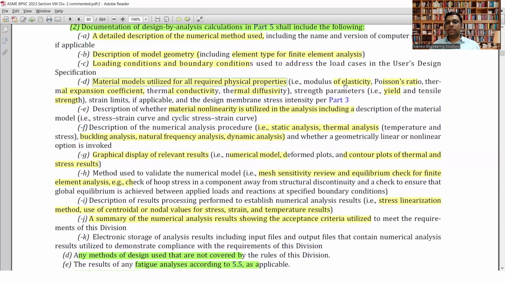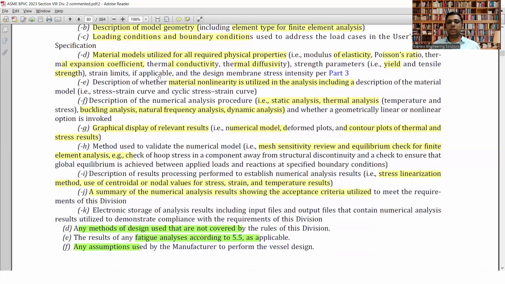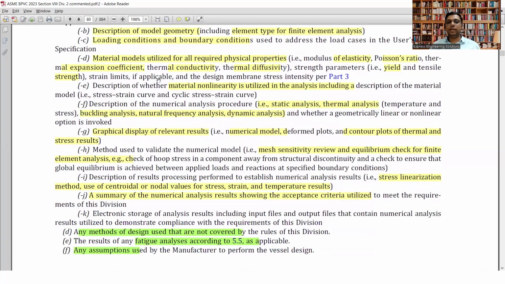then material properties like modulus of elasticity, Poisson's ratio, thermal expansion coefficient, thermal conductivity, thermal diffusivity, strength parameters like yield strength, then tensile strength, strain limits, all these things needs to be specified in that particular document. Then descriptions of whether the material nonlinearity has been considered,